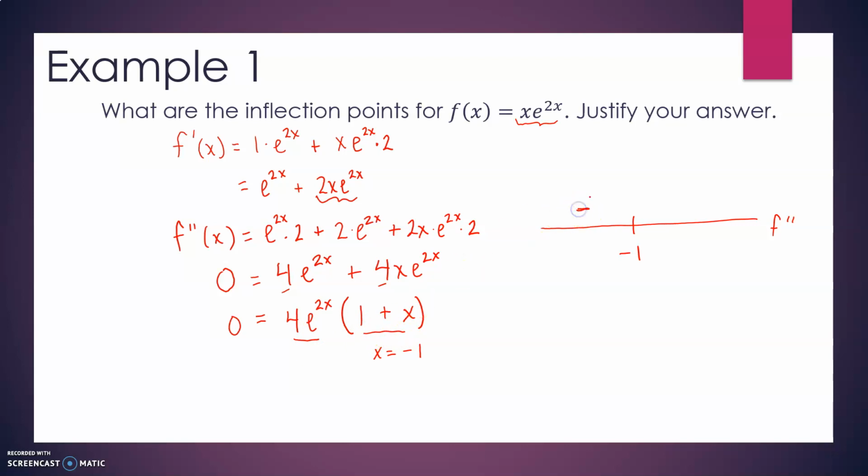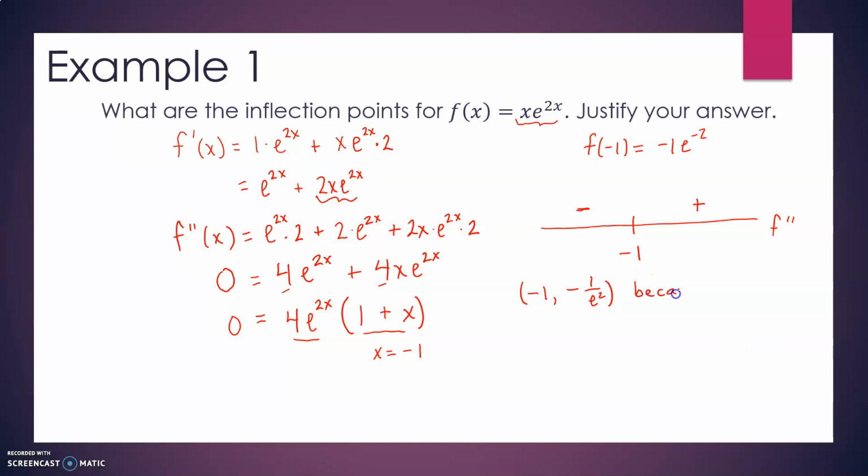So I have a negative value on f double prime for x less than -1, and for x larger than 1, I have a positive value for f double prime. So if I want to justify an inflection point, first of all, point means ordered pair. So what is f of -1? I have an ordered pair. That would be -1 times e to the -2. So if I want to justify it, the inflection points are (-1, -1/e squared)